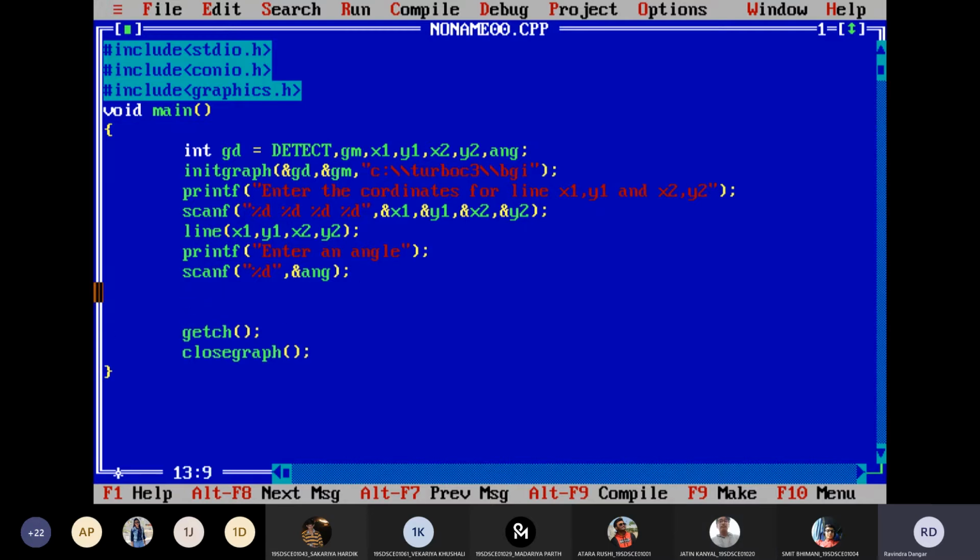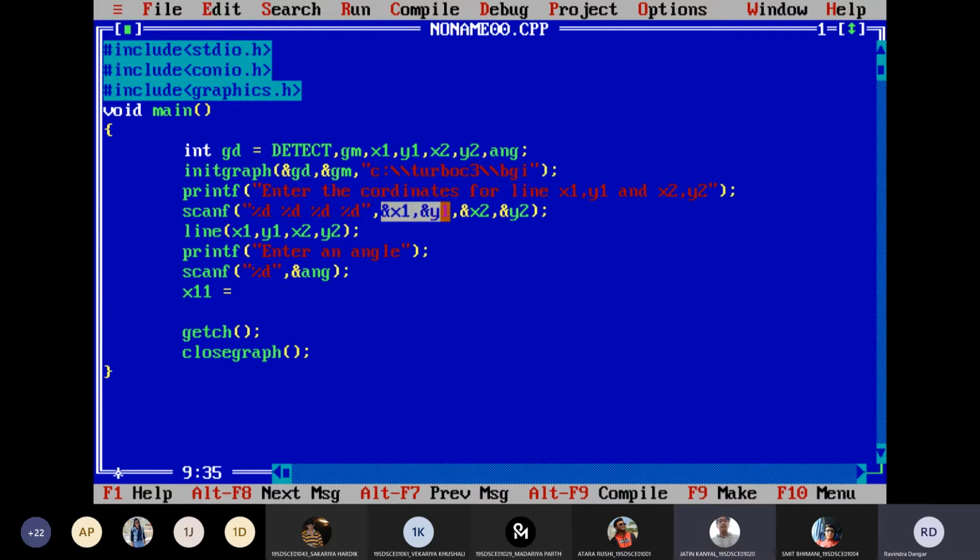हमारा जो पहला पॉइंट है x1 y1, उसके लिए if I apply the equations for rotation with respect to origin, then instead of x dash, let me write x11, because if I write x dash, then it will be treated as a character. What was the equation for rotation with respect to origin? x dash was x cos theta minus y sin theta. So in my case, my x and y will be treated as x1 and y1. Yes or no?